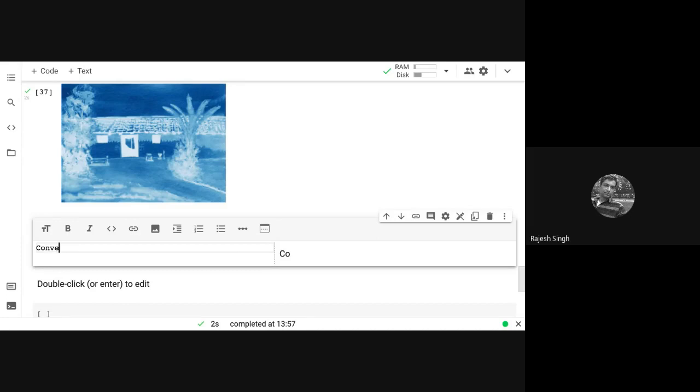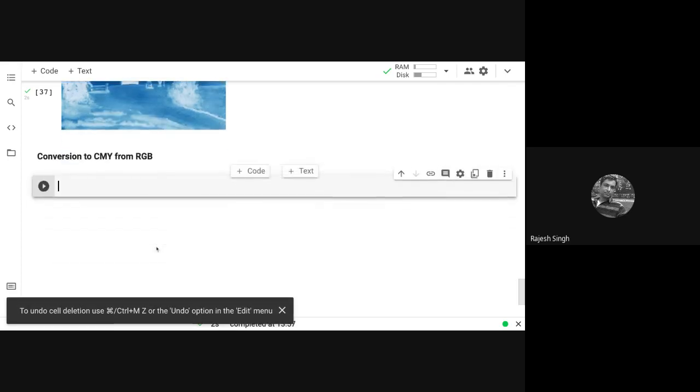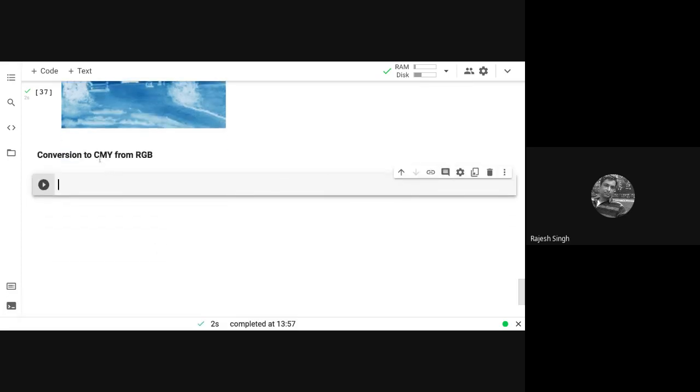So you just write conversion to the CMY, cyan, magenta, yellow from RGB. It appears over here. And you're done. So it's here.